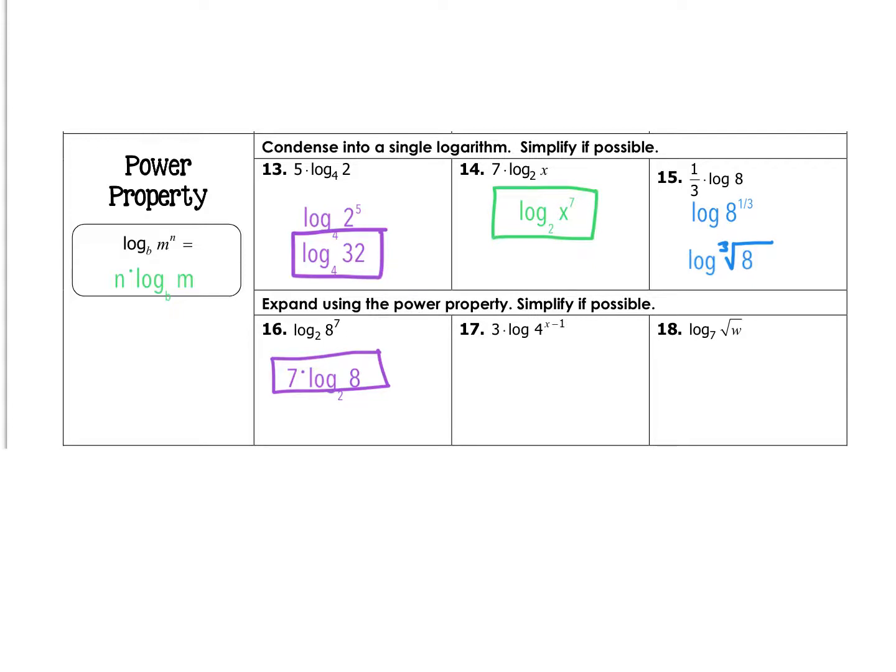ahead and rewrite number 18 together so that it's already in the exponent form. So it's w, the square root of w. When we talk about up here, it was the 3rd root, so we divided by 3. This is the square root, and we've only ever really dealt with squares, and squared means to the 2nd power. And the w is being raised to the 1st power because there's no other exponent there. So I can rewrite this log as log base 7 of w to the 1/2, because that's another way of